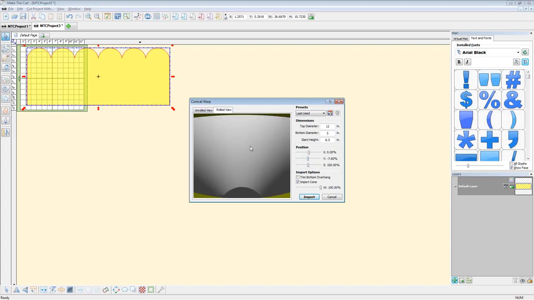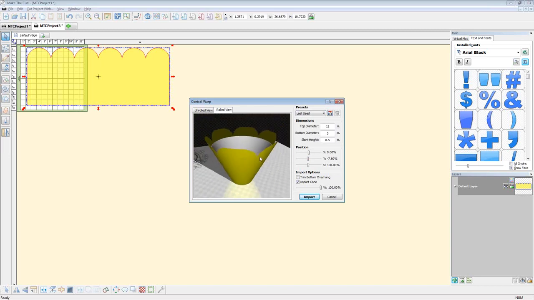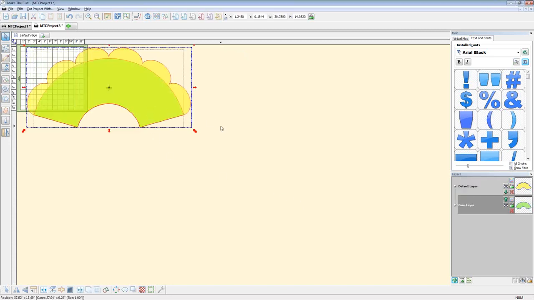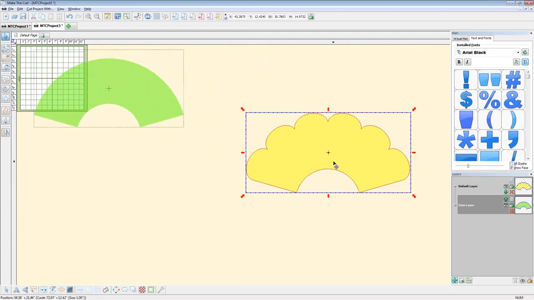So you could do it this way, and you have this issue. Again, we can look at the roll view and sort of turn it upside down. Always use the wrong key. And look at it. It's going to be pretty straight. It looks like these are flat, but they actually will cut okay. We're on such a huge scale here. So I hit import, and you can see that I end up with this. So we do get a warp around the edges, which may not be what you want, and the size, again, from here to the tips is going to be longer than that 8.5 inches. So let me copy this just so we have that,